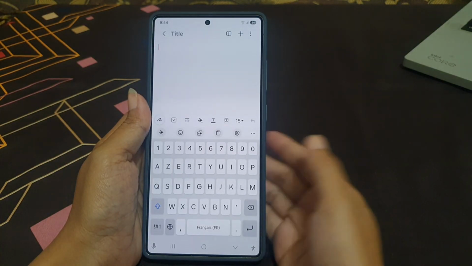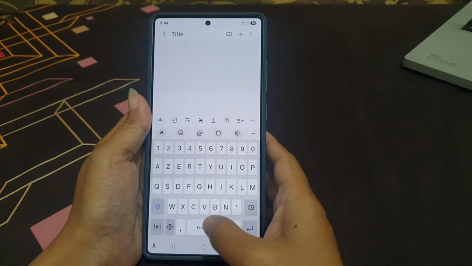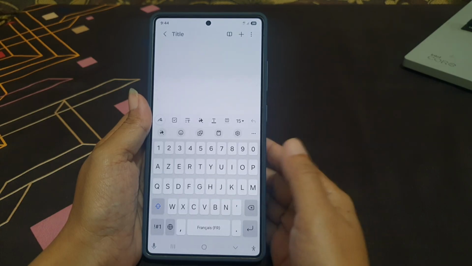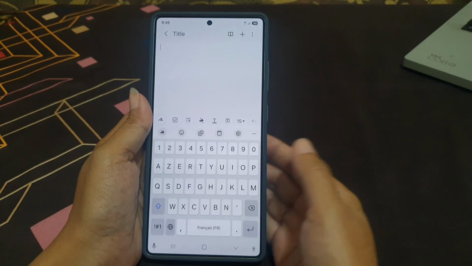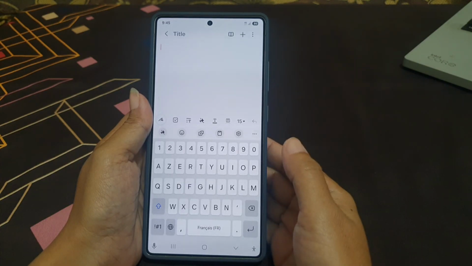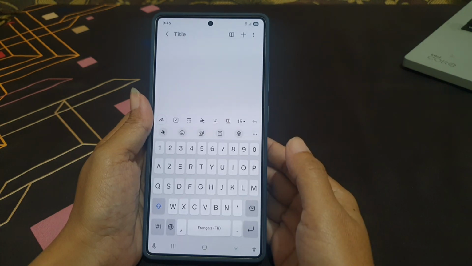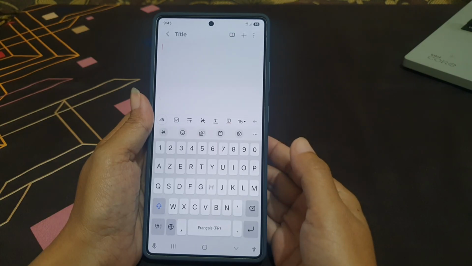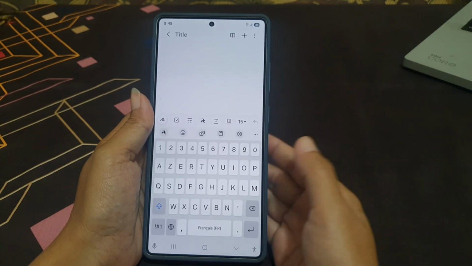As you can see, the selected language, in this case French, has been added to your keyboard. Adding more languages to your keyboard will help you to communicate more easily in different languages without switching apps or struggling with autocorrect errors. It also will help you type faster, use the right accents or characters, and express yourself naturally in the right language.